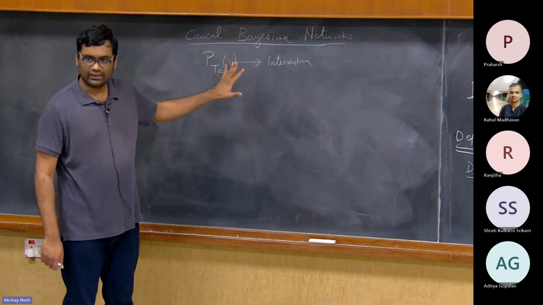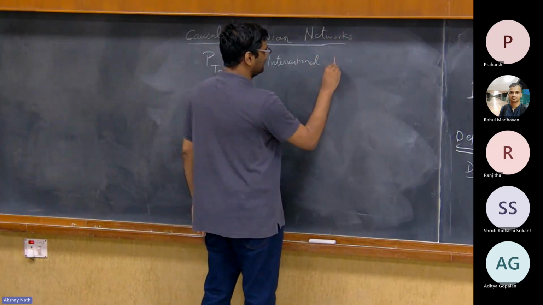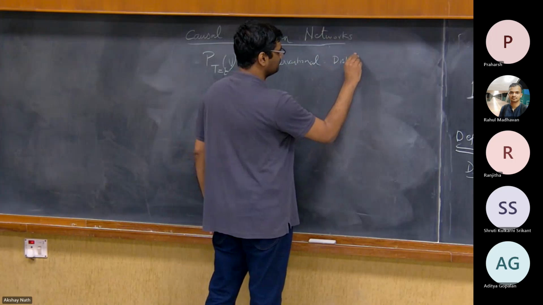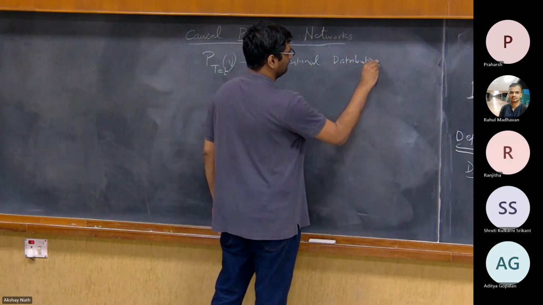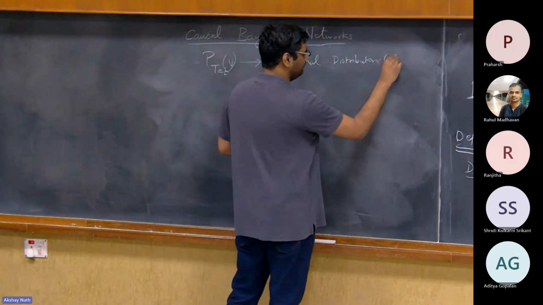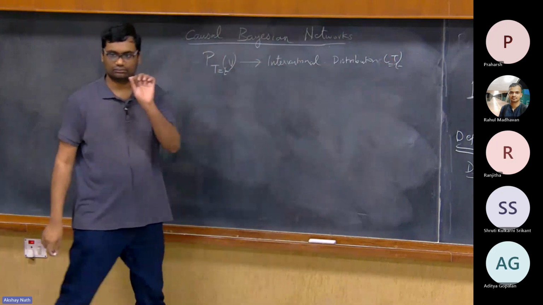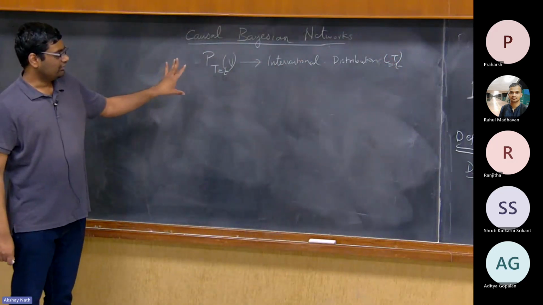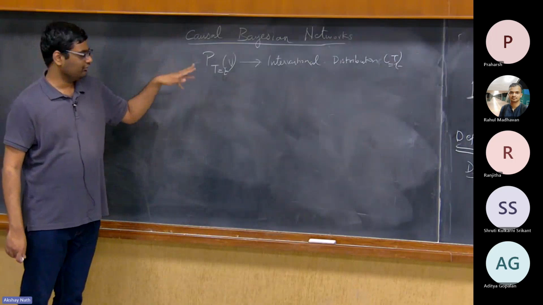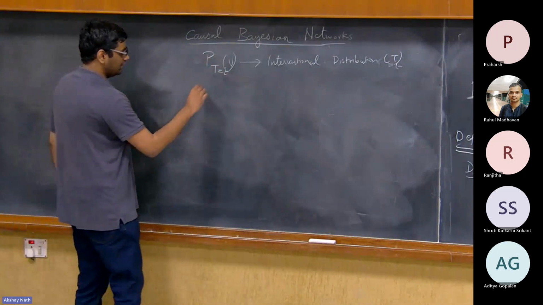I haven't told you anything about it yet. So these are called interventional distributions, with respect to the set T, and it is set to small t, essentially. I'm not going to define any do calculus yet. I'm trying to figure out if I can do it without that. Let's see.